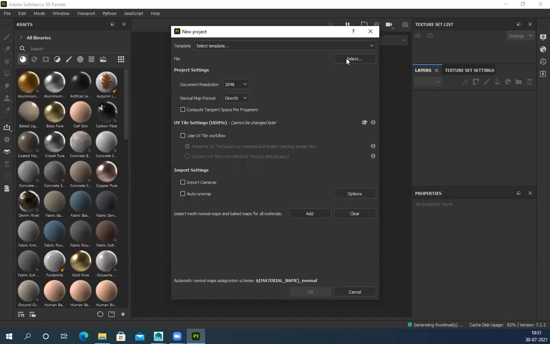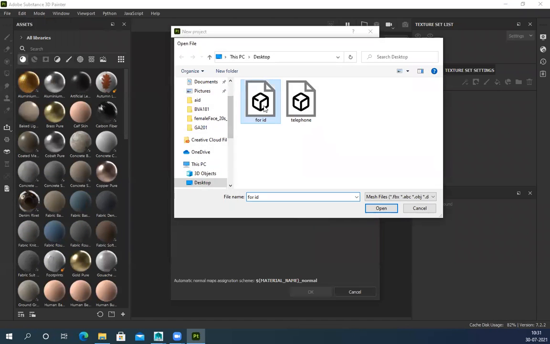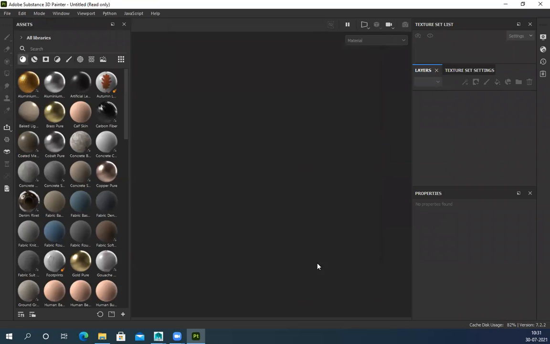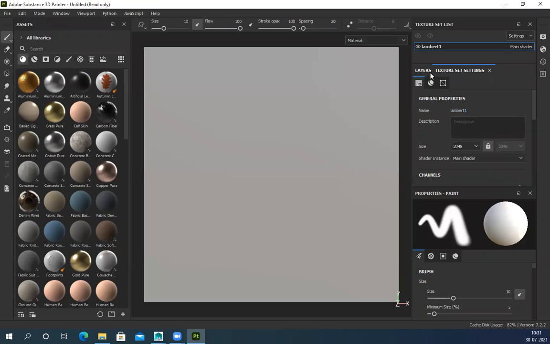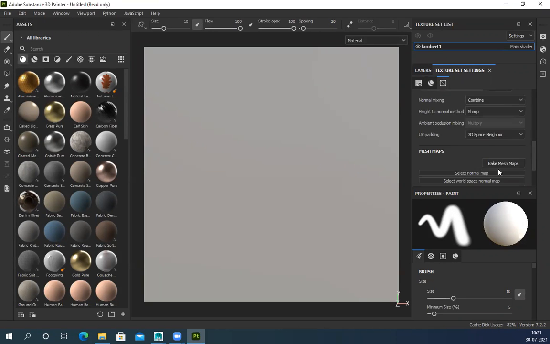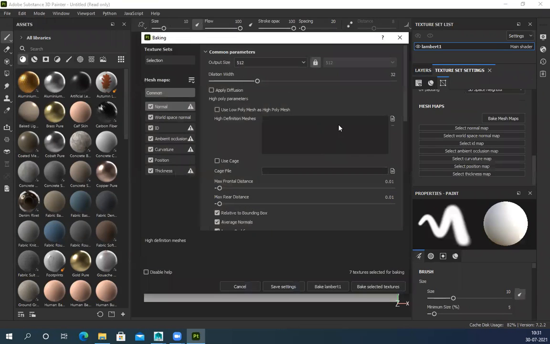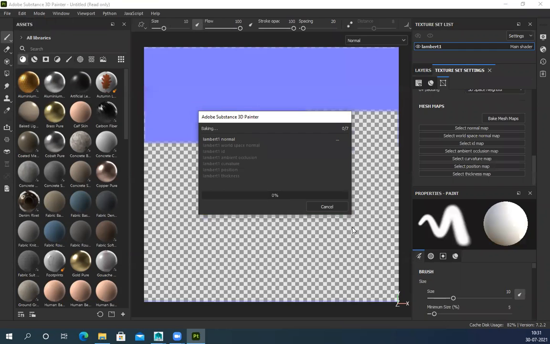Let's keep it 2K for ID. If I want, I can definitely bake all these things. Loop 45 for nothing is there, so there's nothing to bake basically. But still, just feed the model.